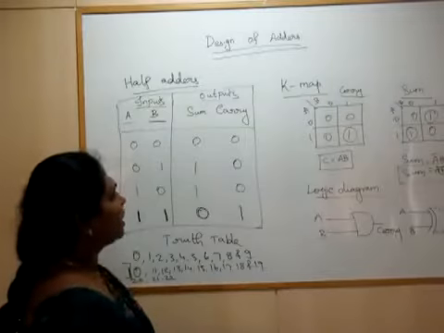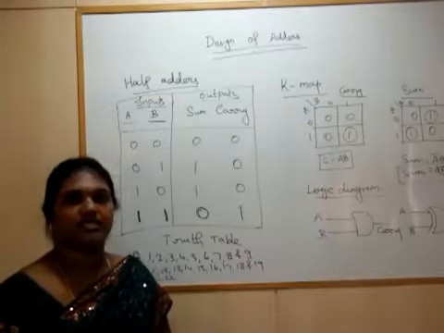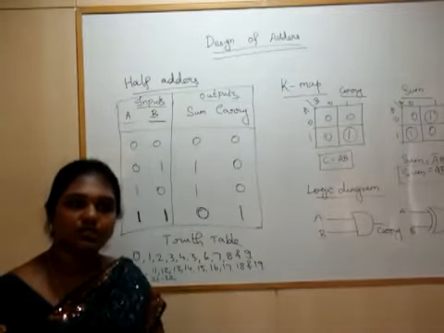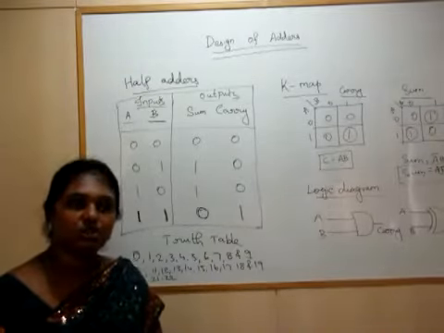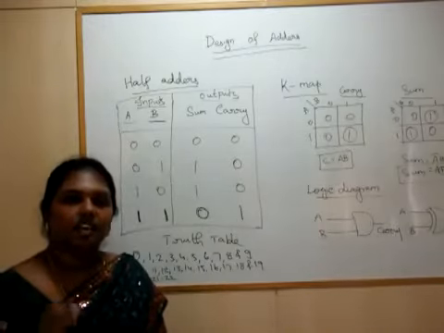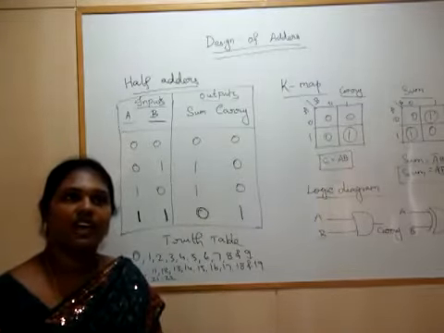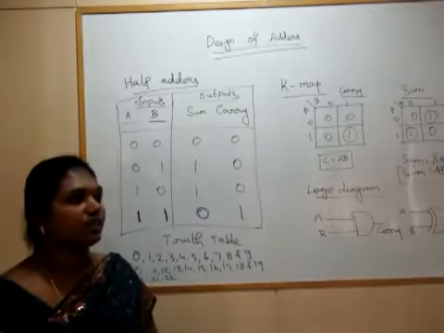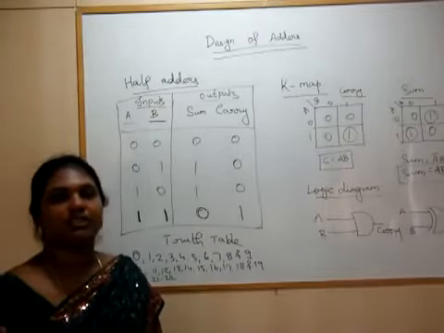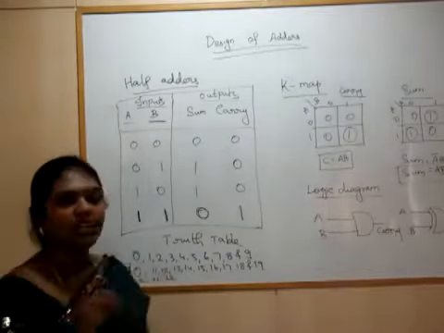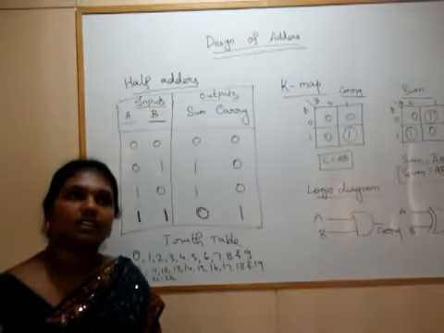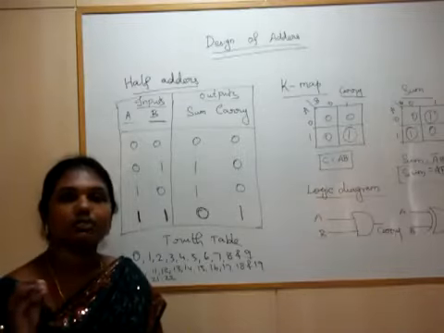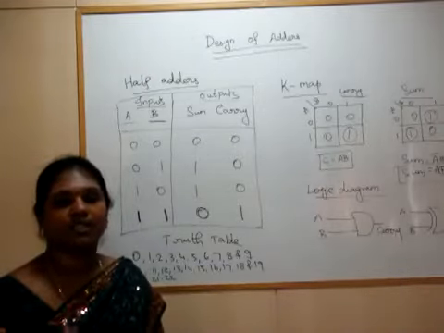So how can we design these adders in digital computers? The first step is that we should design the logic circuits. Only then can we form the main circuit boards. The basic of all these things is that you should learn this first, then only can you work on the circuit boards. So first the designer should design the logic circuit of the half adder.